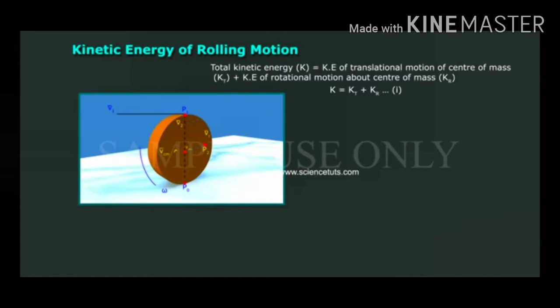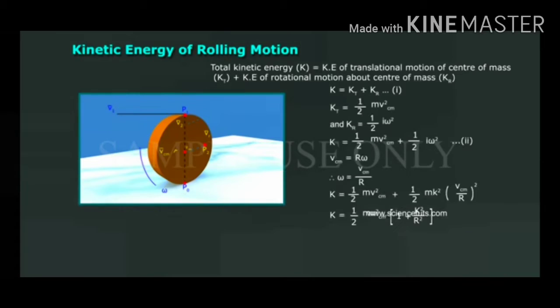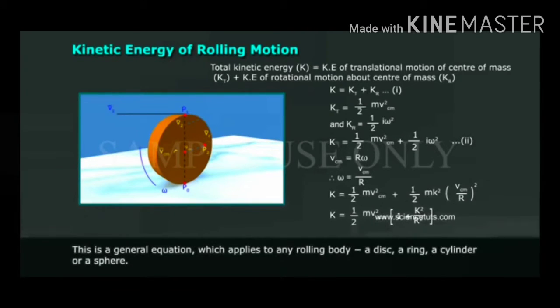K is equal to half m v square into 1 plus k square by r square. This is a general equation which applies to any rolling body, a disc, a ring, a...